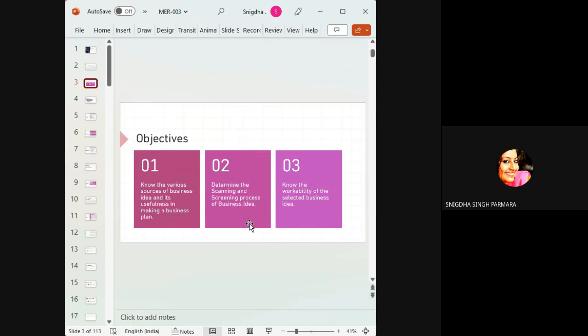Then determine the scanning and screening process of business ideas, so that from a pool of ideas, you could finally shortlist the ones which are feasible and viable, the ones which have better prospects for the market. And then what are the ways in which workability of the selected business idea could be